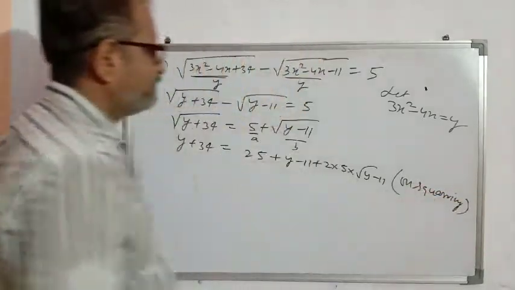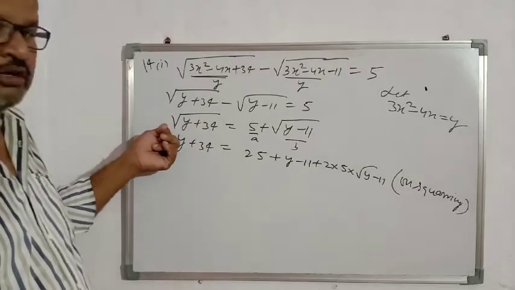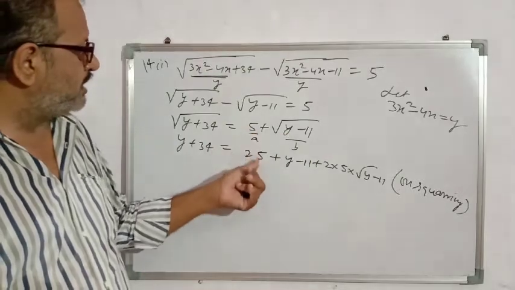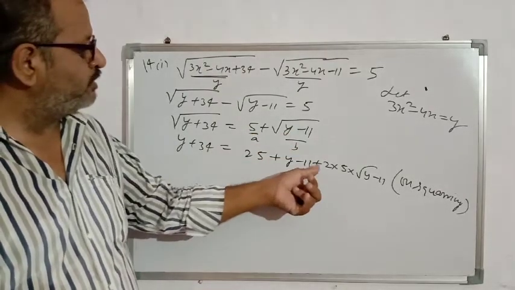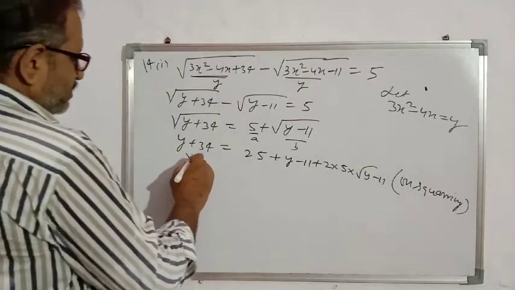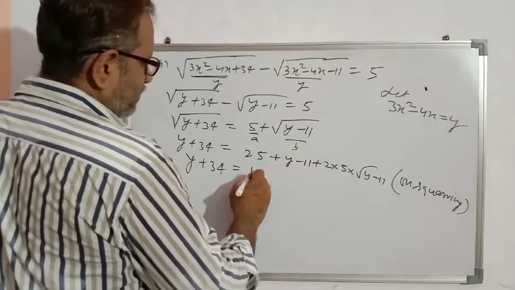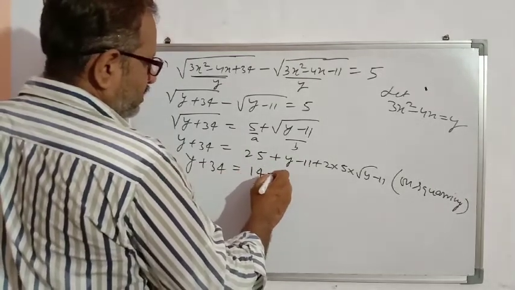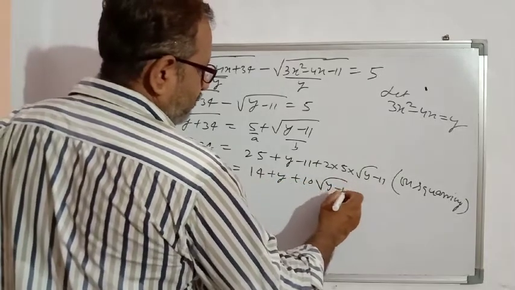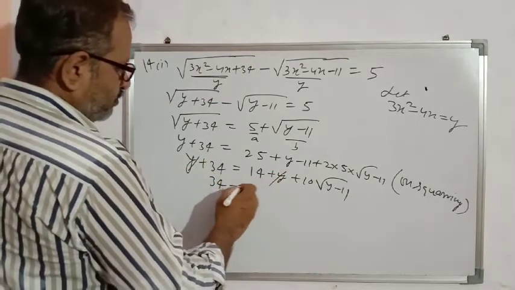On squaring, the left side, when we take the square, we remove the sign of the root. On the right side we use the (a + b) whole square formula. So a square is 25, b square is y minus 11, and 2ab is 2 into 5 into root y minus 11. So y plus 34 equals 25 minus 11 plus y plus 10 root y minus 11, that is 14 plus y plus 10 root y minus 11. y cancels with y. Transpose 14,